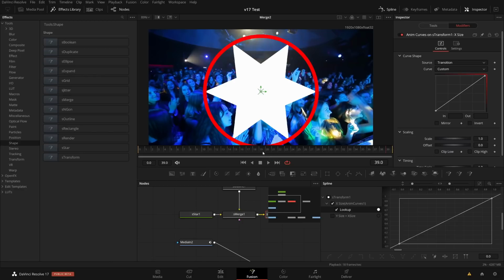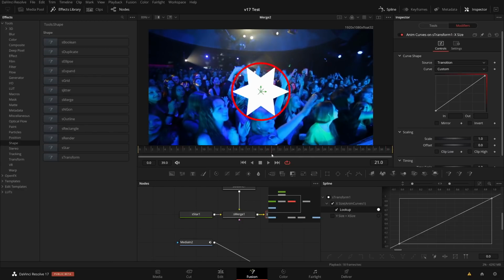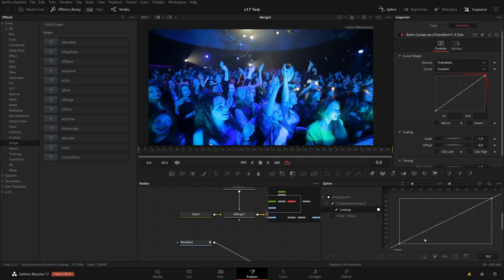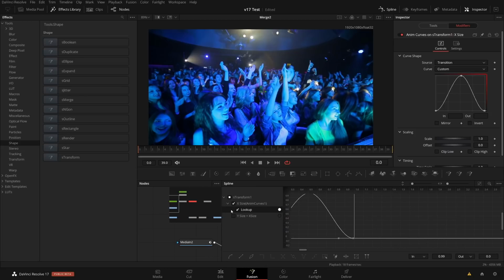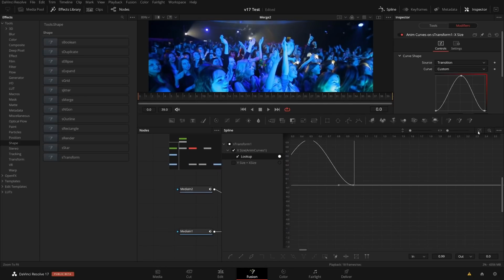So here, let's say I want this star to be gone at the beginning and at the end. Let me move this down. You can also enter values here, by the way, same as before. And then in the middle, I want the star to appear, let's say like this. And maybe I want it smooth, so I press Shift S to smoothen it, or maybe F to flatten it to the baseline here.